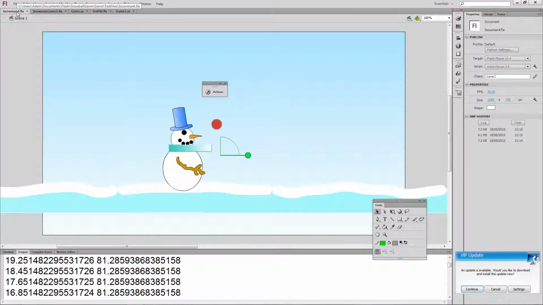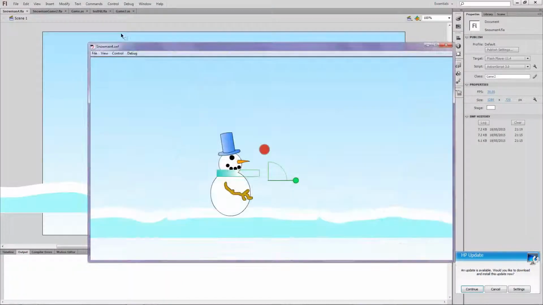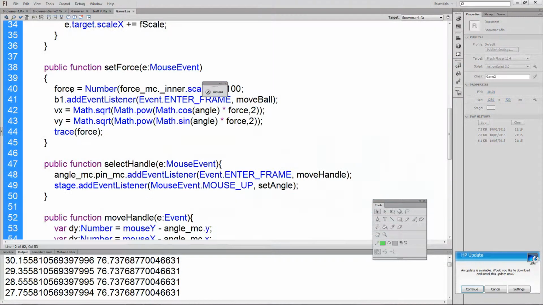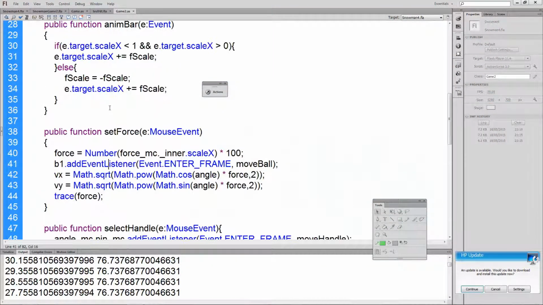In the last example, we have just got to the point where we can send a projectile by setting an angle and then setting a force, making it fly. We also did a little bit of changing the way that the ball looked when it landed. So just looking at that now,